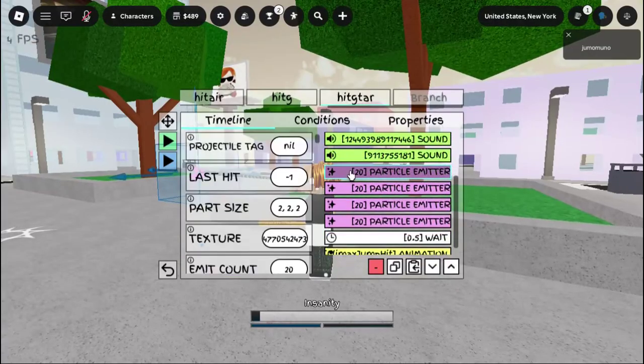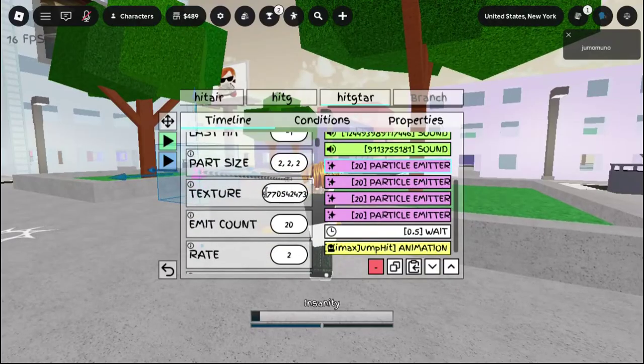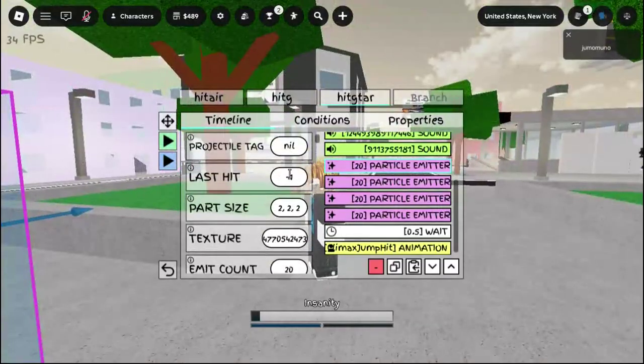So yeah, here's the particle emitter. You can get literally any smoke VFX or smoke looking VFX. I just prefer this smoke VFX. I've tested quite a few whilst experimenting and trying to make this moveset, so yeah, it's pretty nice. Anyways,